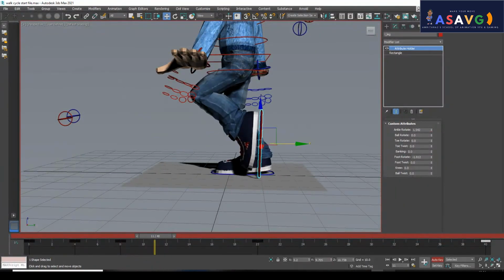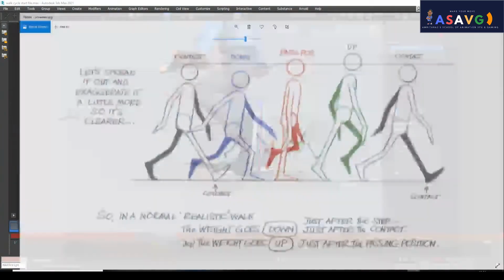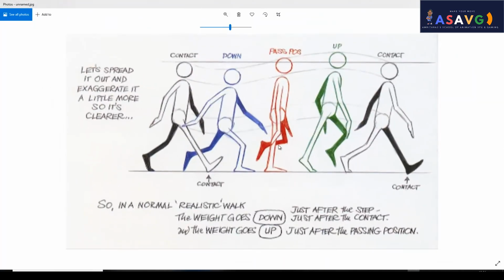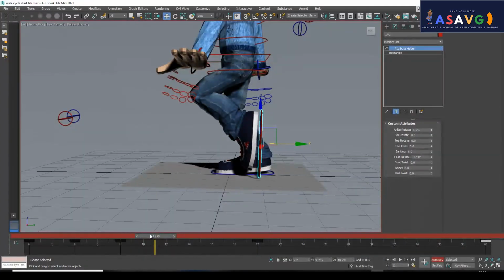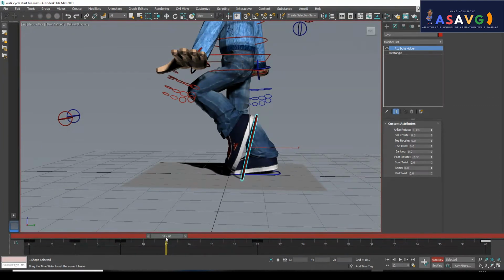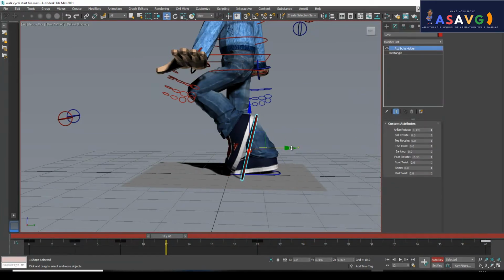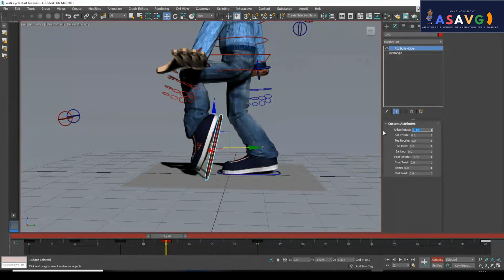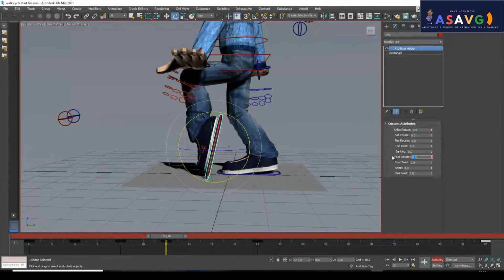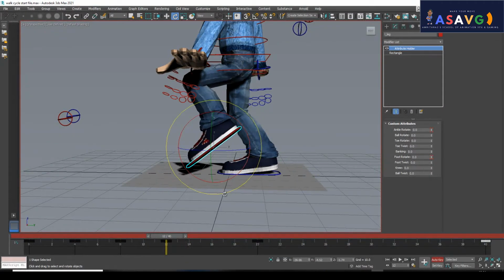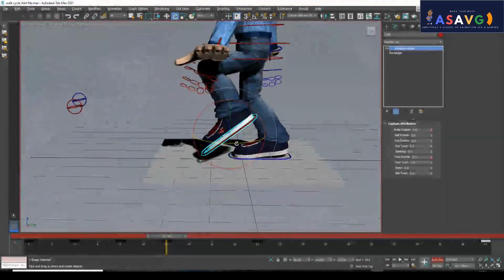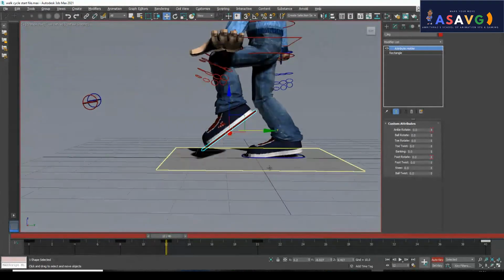Now the third pose, no, the fourth pose, I will be clicking here and making the fourth pose come absolutely to the front. Okay, the last pose, 8, 12. Okay, 12 is completely coming forward. I am deleting this one and releasing the foot angle also, and it should be like this. And just forward.